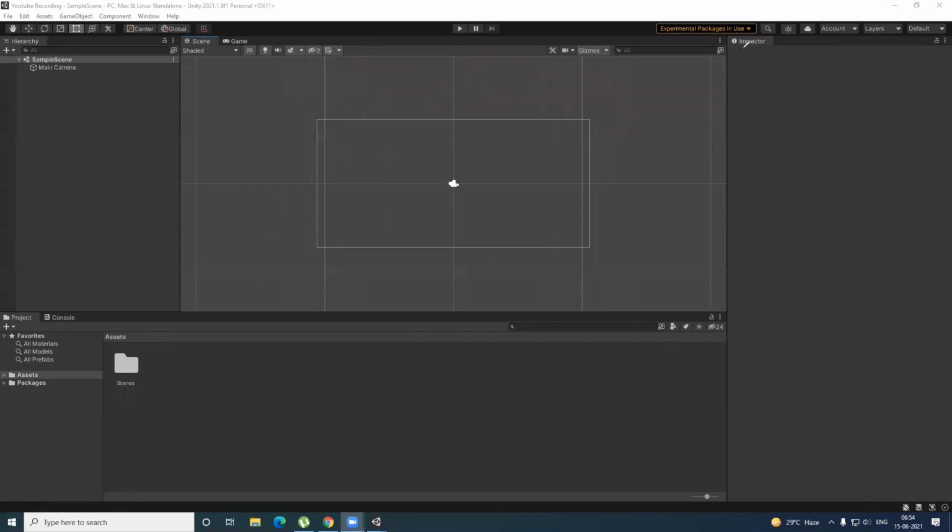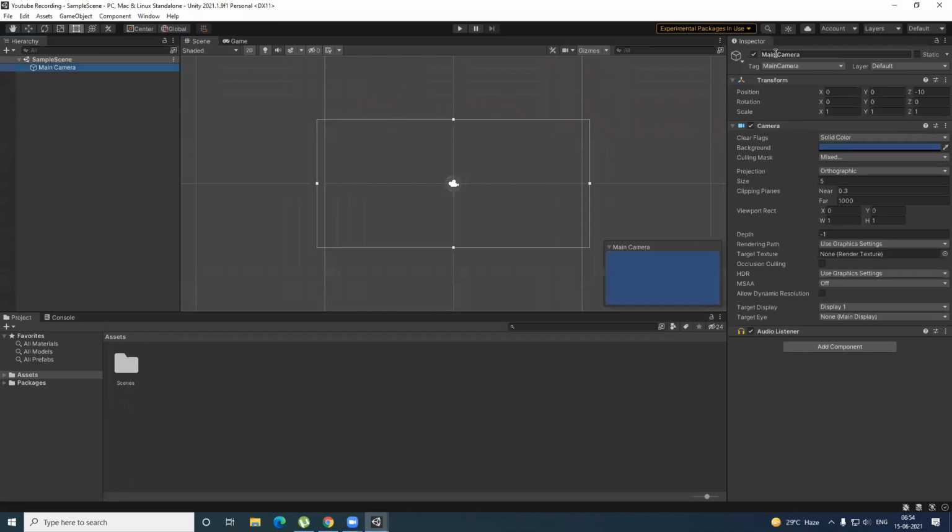Then we have the inspector. What is the use of the inspector? The inspector gives details about each of the elements present in the hierarchy. Let's suppose I click on the main camera. You can see the inspector is filled up with quite some values, right? Because it's a game engine, everything will have a transform of its own. What's a transform? A transform is nothing but the 3D positioning of a character. Right now it's a 2D game, so one of the axis values will always be 0. Let's suppose this is the Z axis, so it's always going to be 0. We are only going to move around in the X and Y axes.